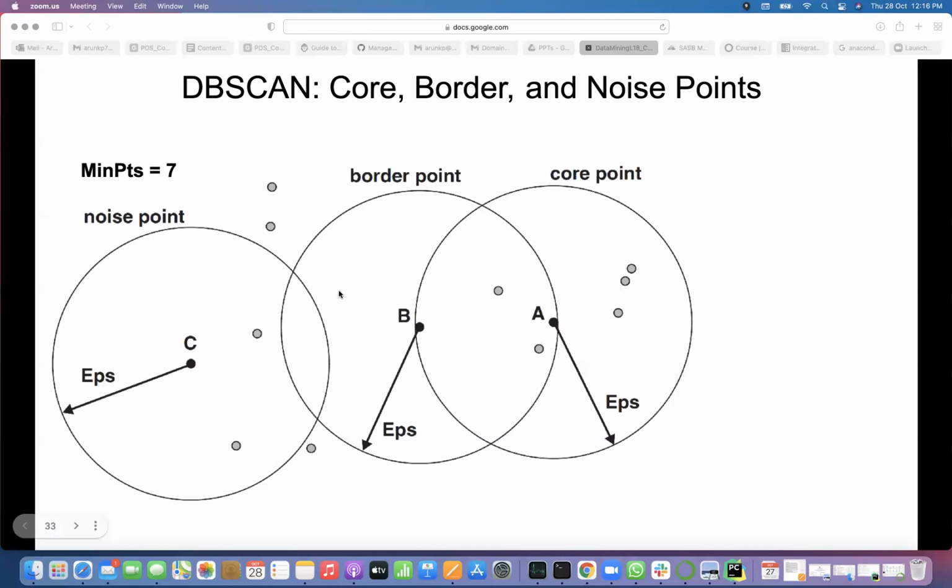For example, if this is the point, but this point has 7 other points around it, and some of the points are common, already labeled with A. So what happens then? You will go with the points which are not labeled. That's all. You see what the algorithm says. Your doubt is, if a point is within the boundary of many core points, what label will you attach, right? Okay, we'll see that anyway.